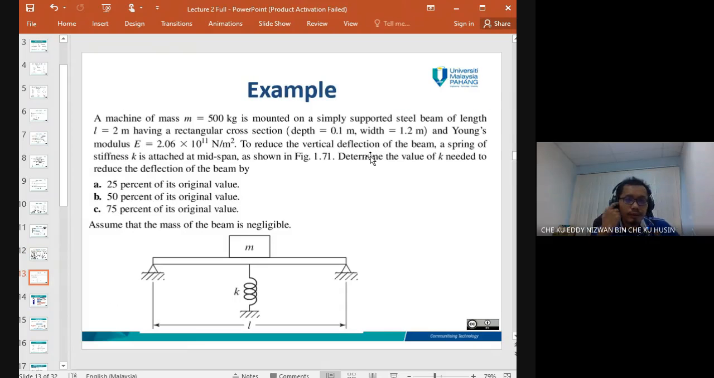Okay, there is another example. For this example, it's a machine of a